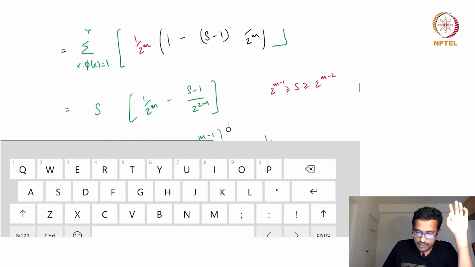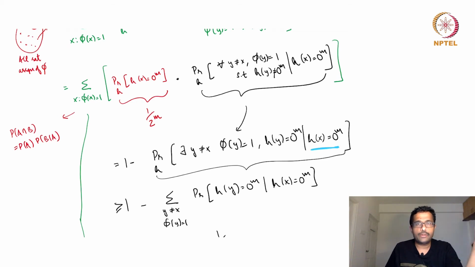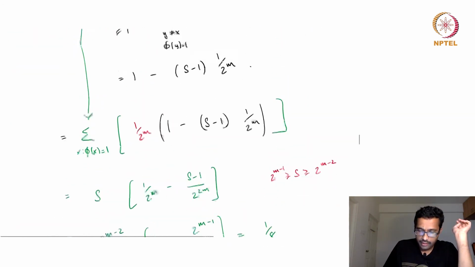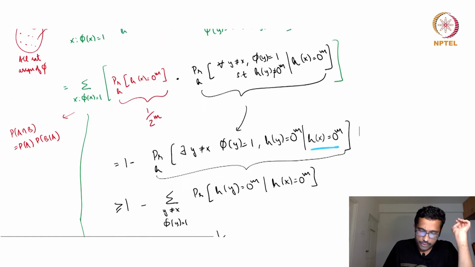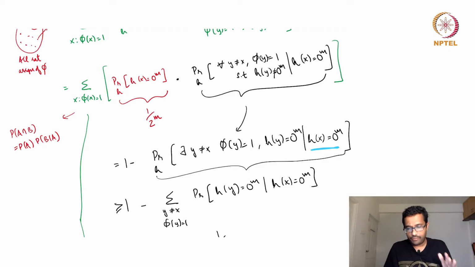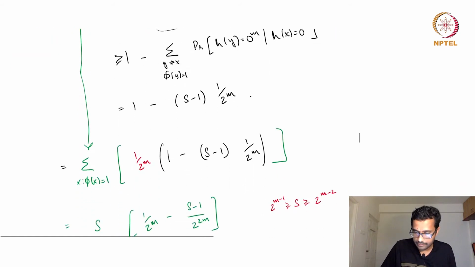So all we did is a simple calculation of a random function. What is the probability that this random function maps a certain value to all zeros, right? This is what we are doing here. So the probability that it maps x to all zeros is 1 by 2 power m, and the rest was just a standard separation of probabilities into different cases and adding or subtracting them.